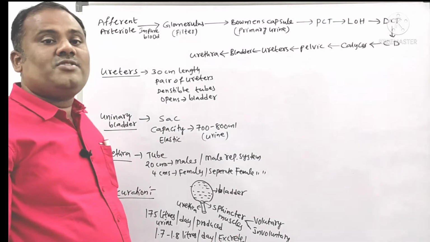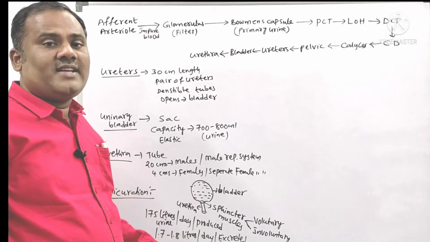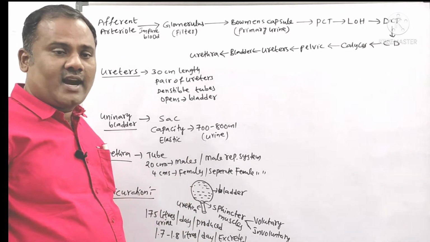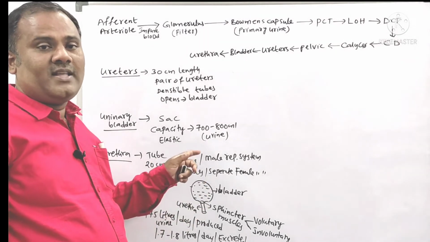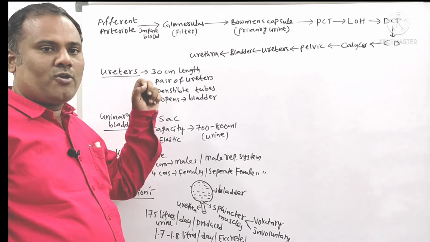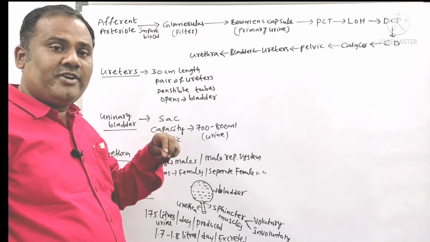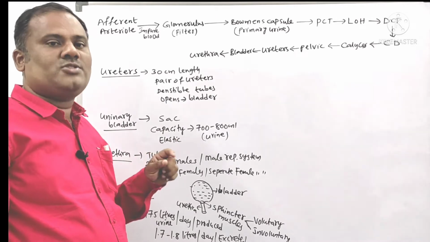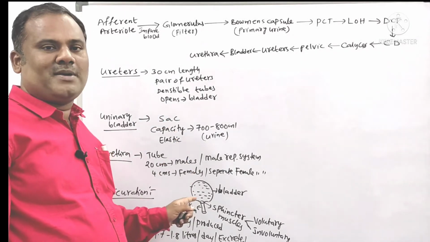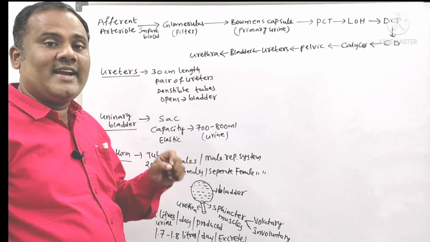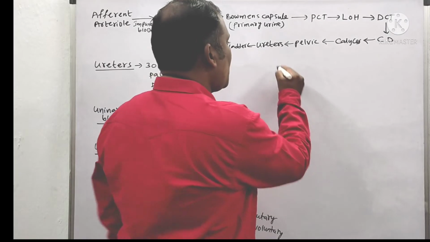Maturation. But in small children, sometimes the urination process is not under their control. Why? Because the sphincter muscles are not that well developed, and they do not have proper coordination with the brain. So that's why their urination process is not under their control. Urination is involuntary in children due to the sphincter muscles, whereas urination is a voluntary process in adults. This is about maturation.